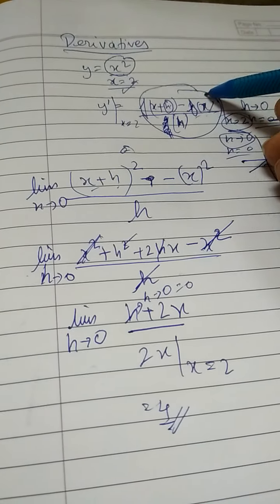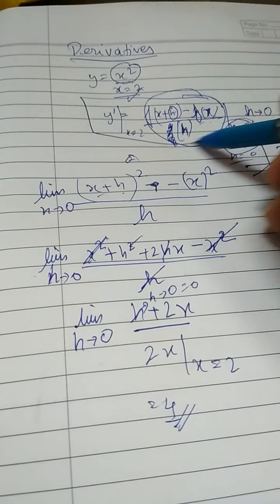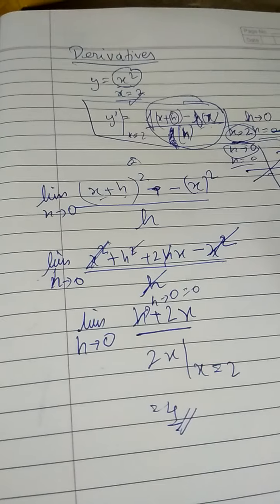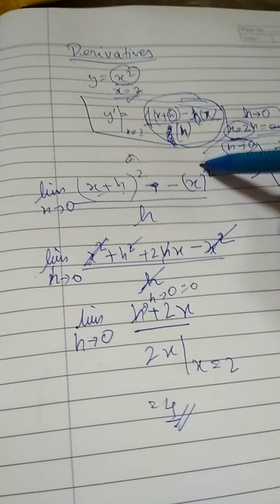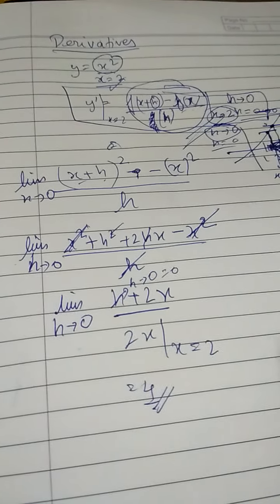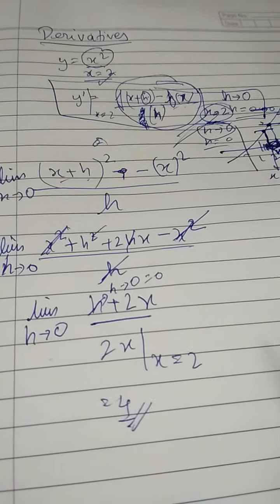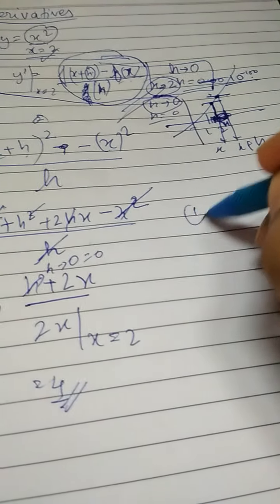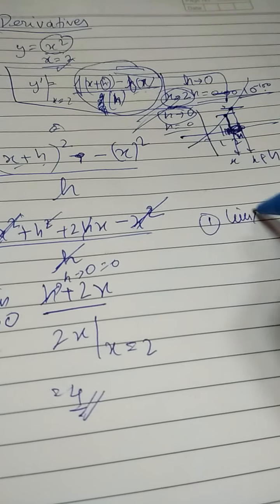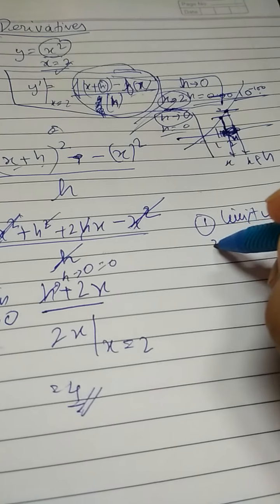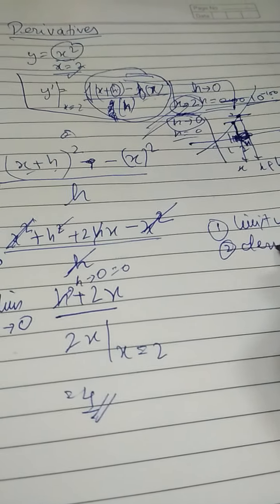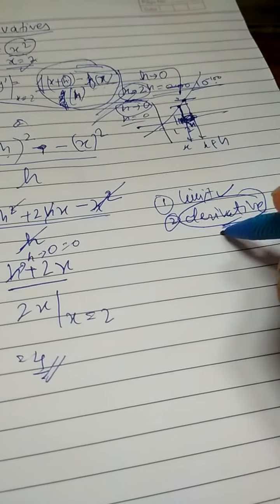And how do we find it? We find it using this formula, under the limit h tending to 0. This is how we find the derivative at a particular point. Now for the derivative to exist at a particular point, the limit must exist. First you check if the limit exists, then it is okay. If the limit exists, then we find the derivative. But in the book it is not given like this. They've just found the derivative. They're assuming that the derivative will exist.